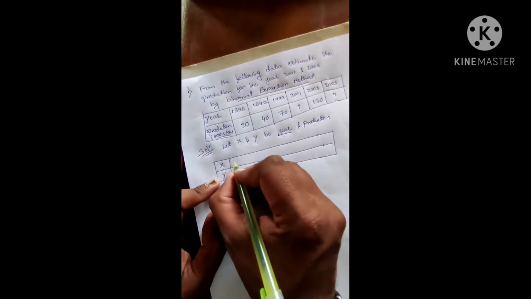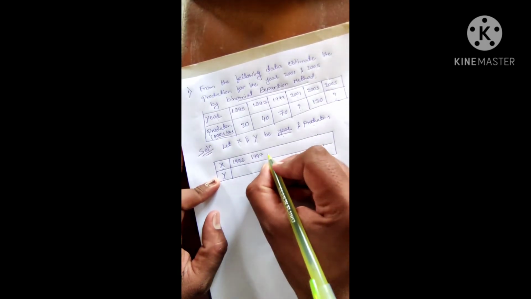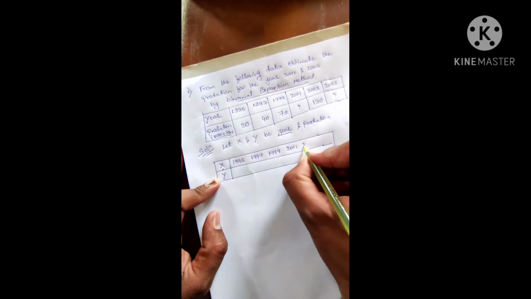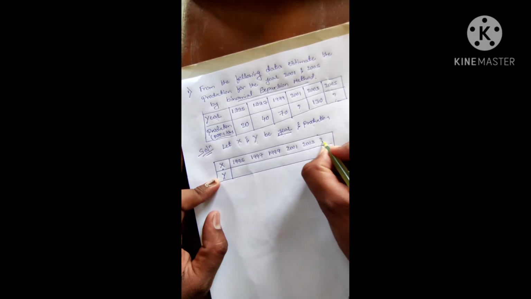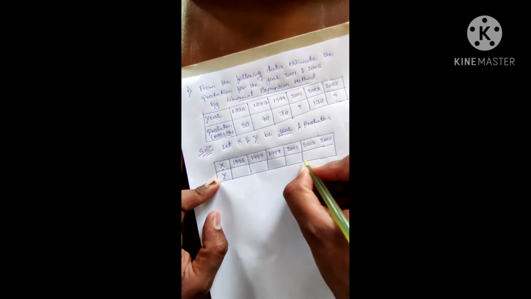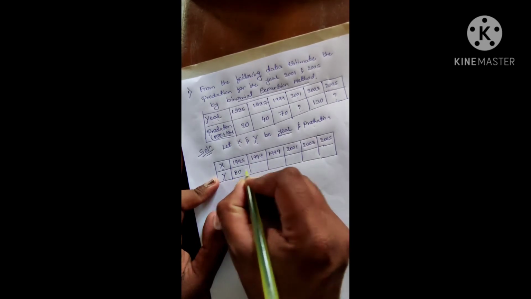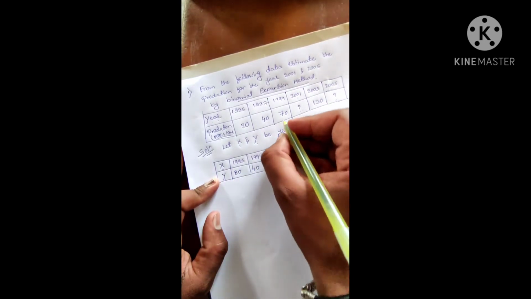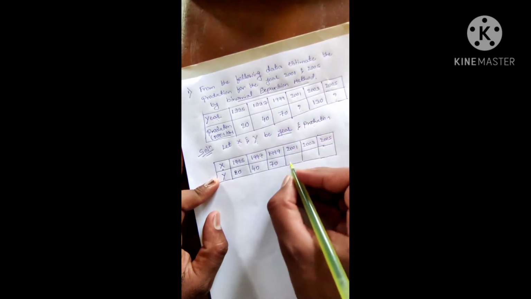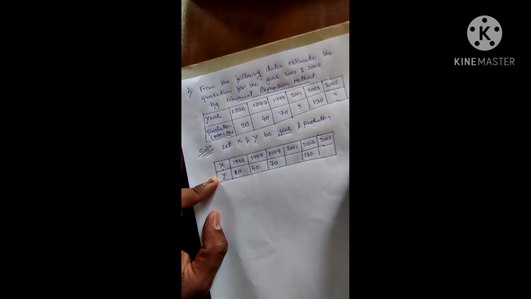So, as it is, we write 1995, 1997, 1999, 2001, 2003 and 2005. These are the given information. Next, the y values: 20, 40, 70. Next, we don't know the value here. Next, 130. Next, the 2005 value we don't know.